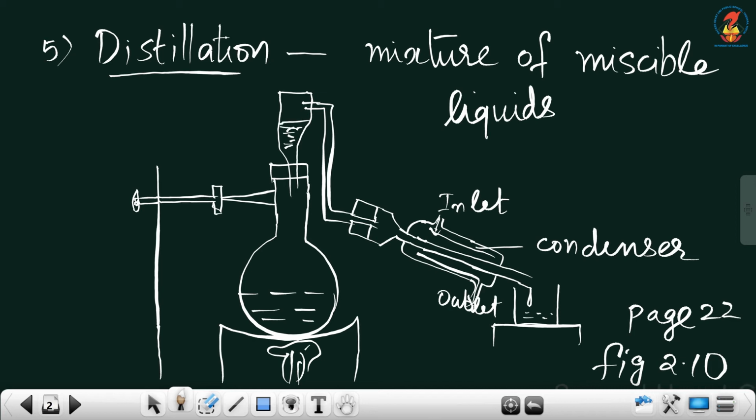So this is the bead-packed fractionating column, and this is the only difference in the case of fractional distillation.